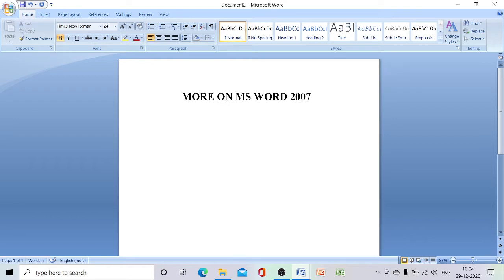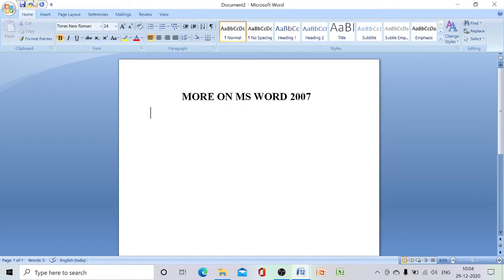So let us take a simple introduction about this MS Word at first. You can see this is the MS Word screen that we can see when we open MS Word 2007. You can see the ribbon, and you can see the document area. Ribbon consists of tabs and groups.